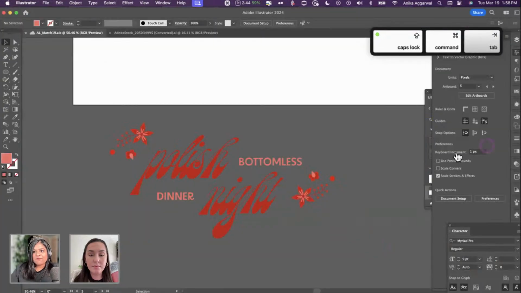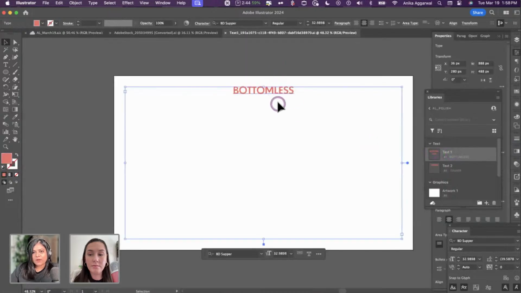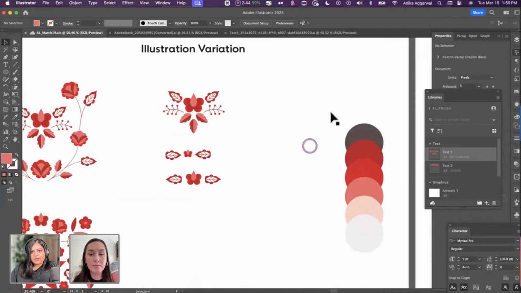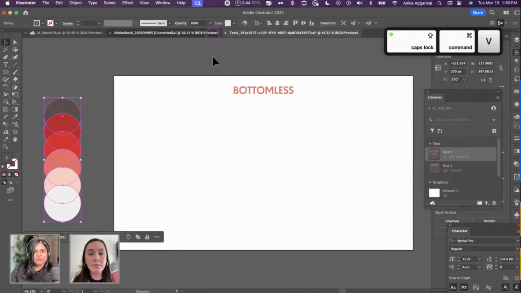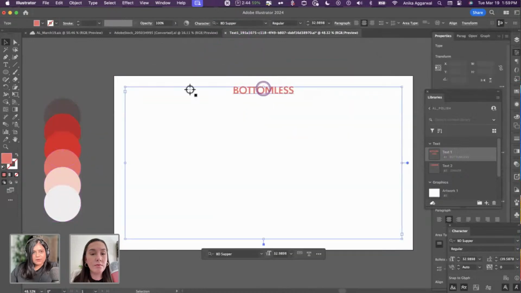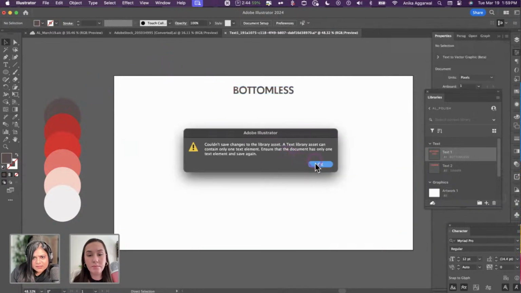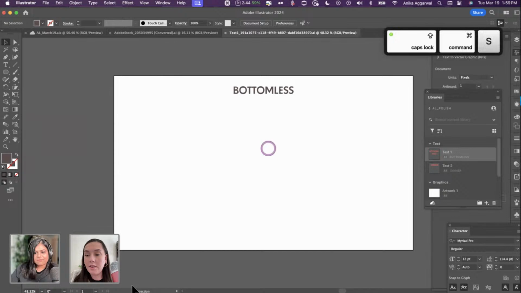So now if I go into the library and I decide that this bottom text is not what I want it to be, maybe I want to change the color here. Let's actually change it to something just to showcase how this works. I'm going to bring some of these colors here. Okay, let's get this color palette here. And maybe I want to change this color to this one, right? And then I'm going to hit save. Oh, a text library asset can contain only one. Oh, sorry, I wanted to delete all this. Sorry about that. And then I hit save, right?